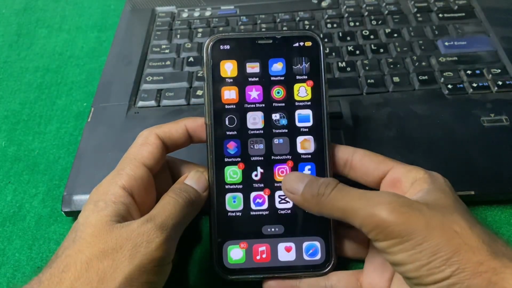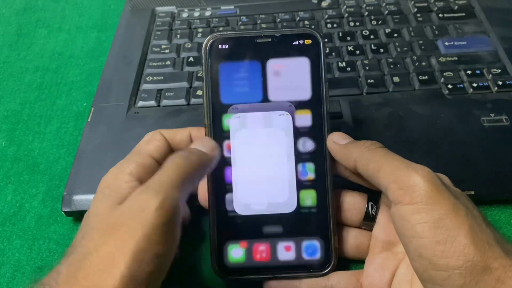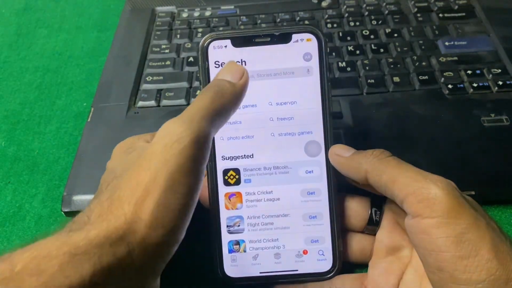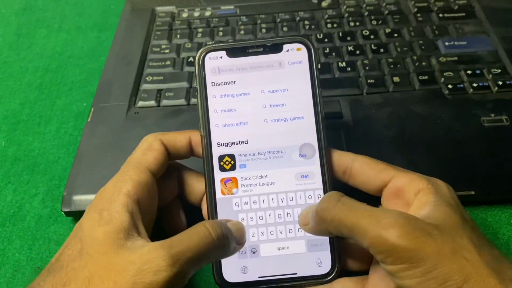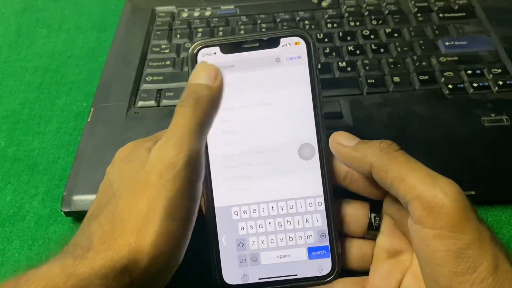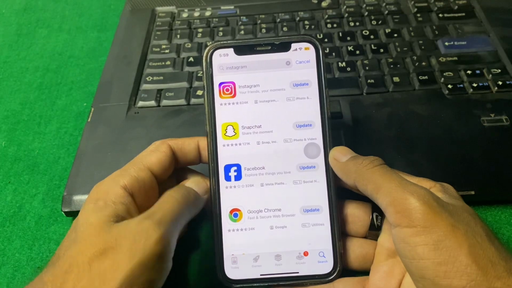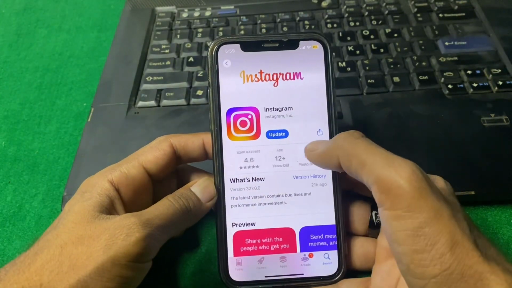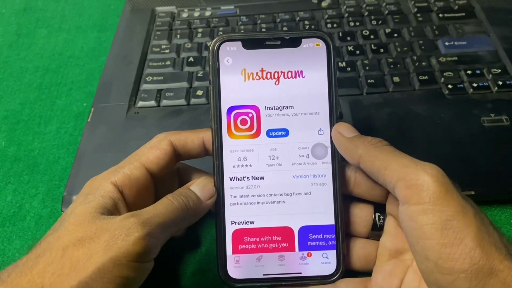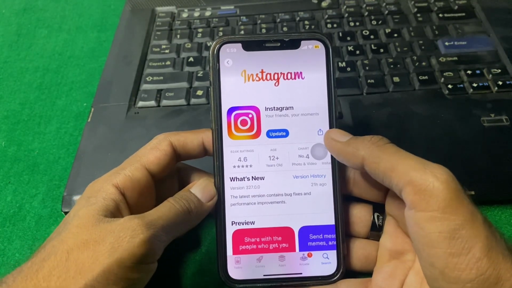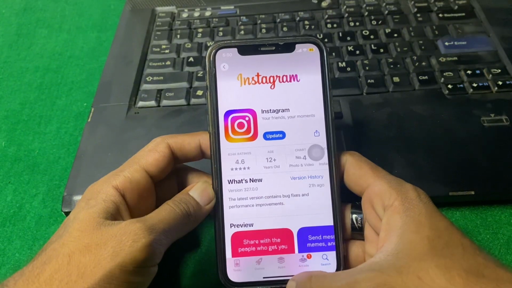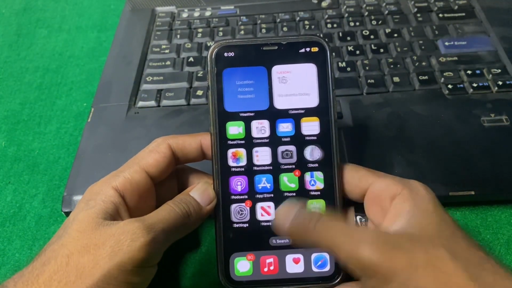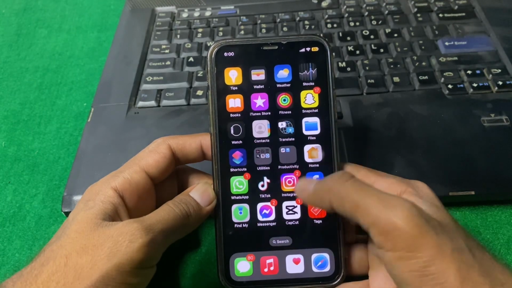So guys, first of all, what we need to do, we have to simply open the App Store, and after that guys, simply tap on search and search here for Instagram. Tap on Instagram, and you have to make sure that there is no update for the app. If there is any update, then you have to simply update your Instagram and check if the problem is fixed or not. And if the problem is still there guys, then you have to simply open Instagram,